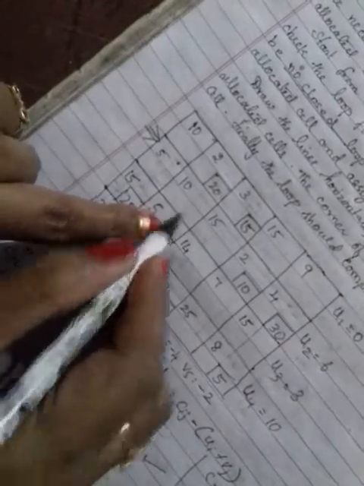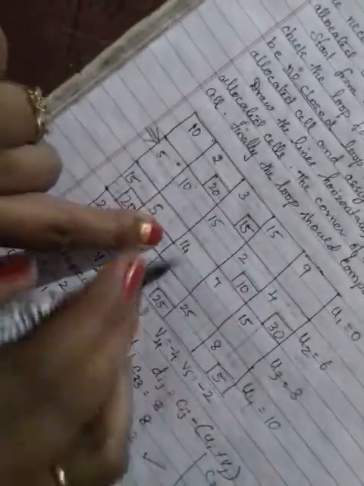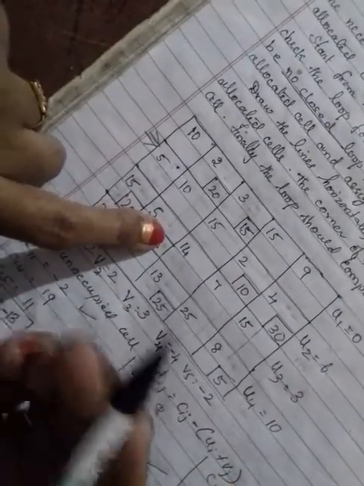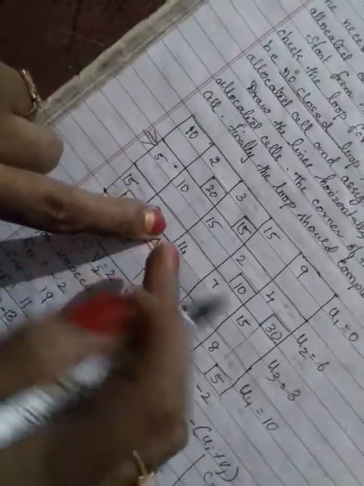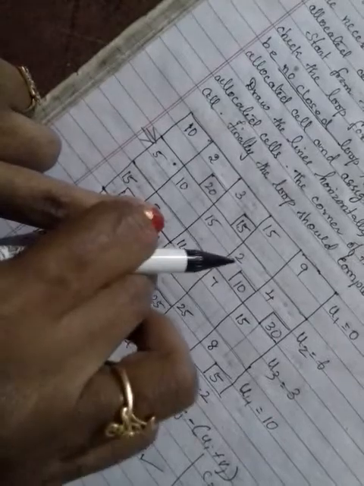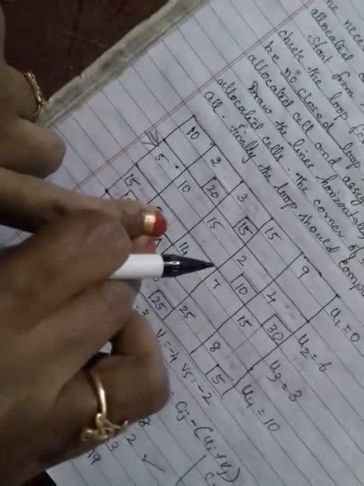Now I'll teach you how we put delta here. Once you want to put a delta value here, you have to put horizontal and vertical lines. That corner should be allocated and should not form a closed loop. If I start here, again that loop should not come back to this side. Come to this cell; it should not end up with this cell. That cell we have to assign a delta value.